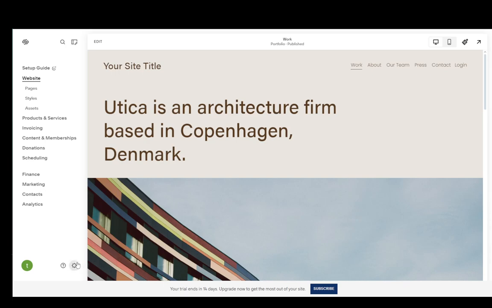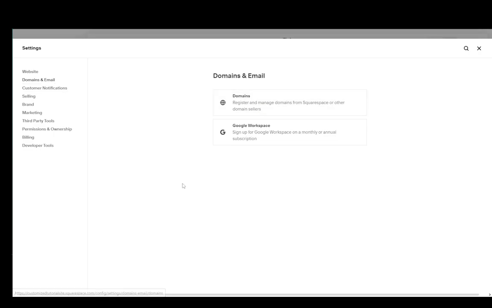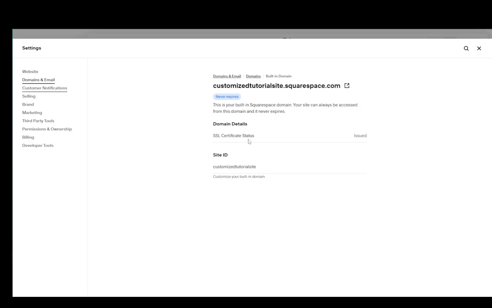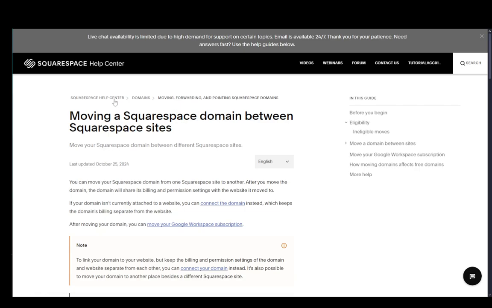But the first thing you're going to want to do is click on the settings menu, go into settings, click on domains and email, click on domains, select the domain that you want to move. In this case, it's just this one. And as you can see, since it's the built-in domain, I really don't have any other options. However, now I'm going to go over into the Squarespace help article on this